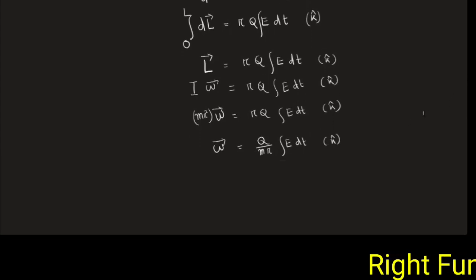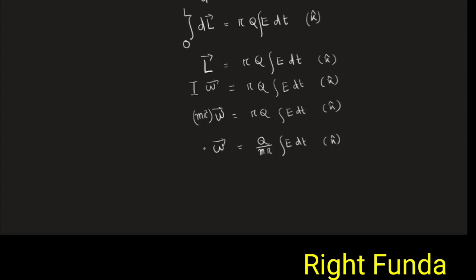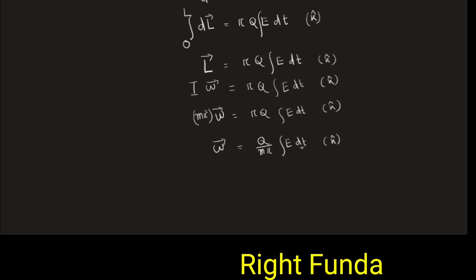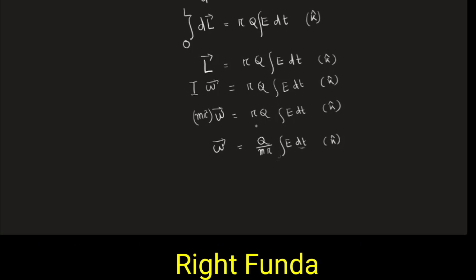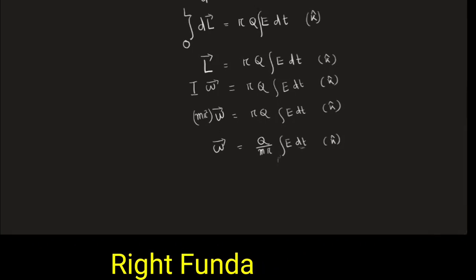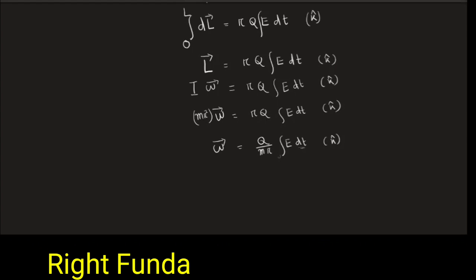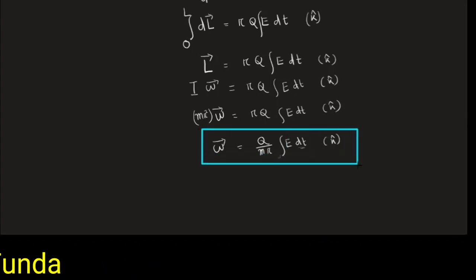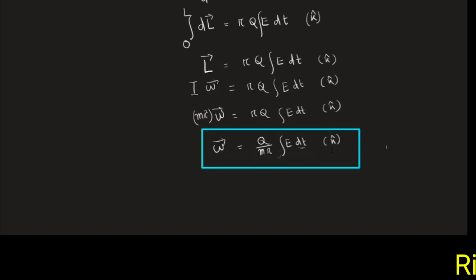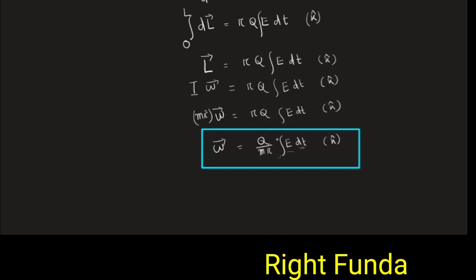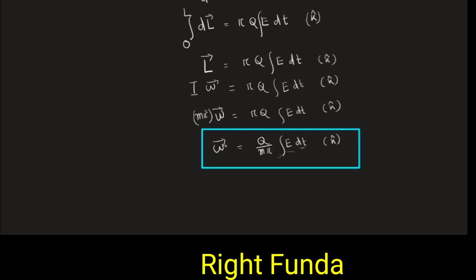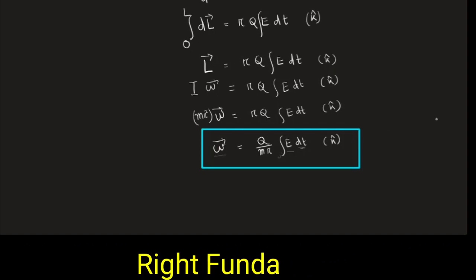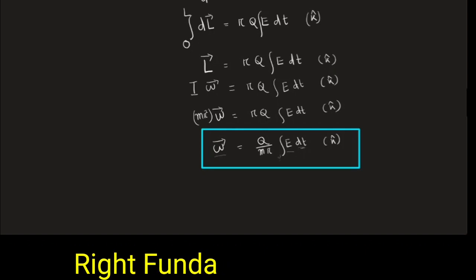As soon as you put it in an electric field, the omega will be equal to the integration of E dt for the time duration for which the process of change takes place. So this is another equation I get. As soon as the cylinder is put in this electric field, where is the electric field produced? Because of the time varying magnetic field, an electric field is induced, and E is the induced electric field, and the charge Q is spread on the surface of a paper cylinder. Then this much will be there if I integrate from 0 to dt. So there are two cases, case 1 and case 2.